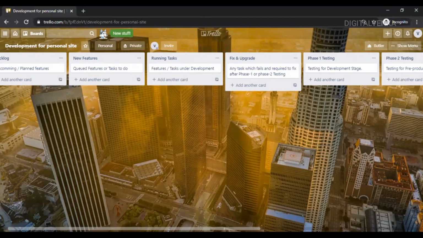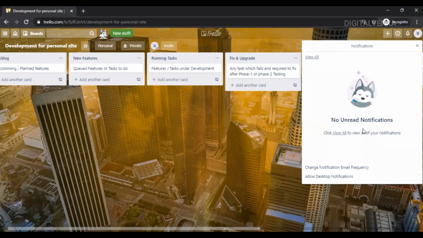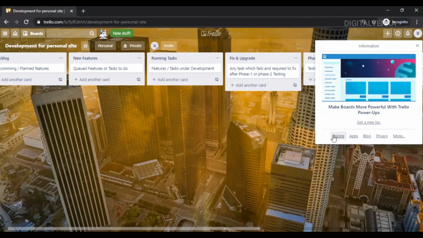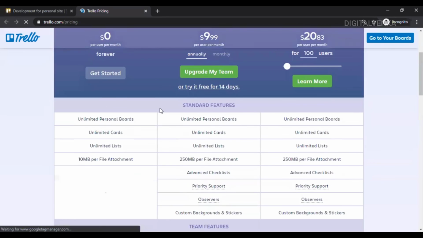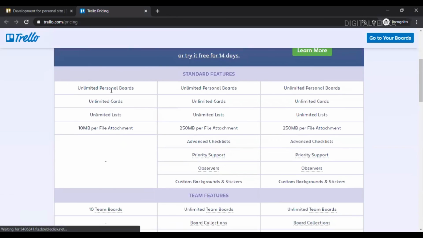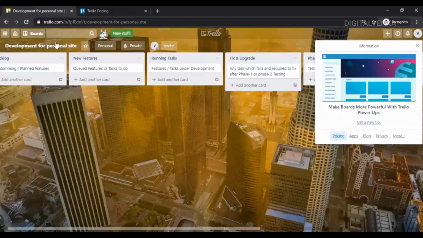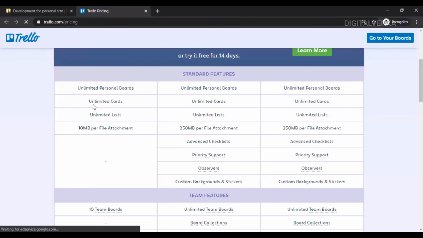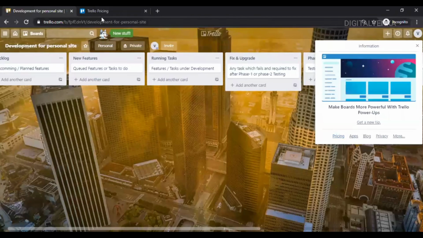Also, let's see the pricing for this. If you go to pricing, there is a free plan, per user per month, with unlimited personal boards, unlimited cards, and unlimited lists.